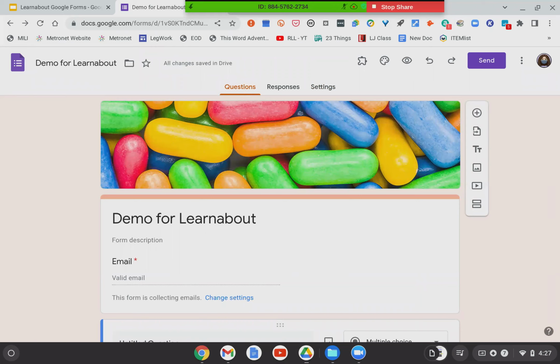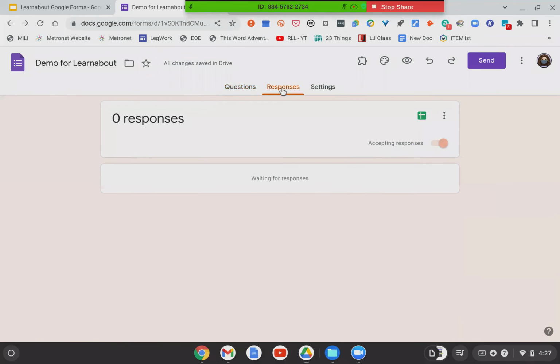The other tab on here is the responses. Obviously, we don't have any yet because I don't have my form built and I have not published it. So no one has access to this form yet. But what is in here is the accepting responses on and off tab. So after your form has been open for a certain period of time, if you don't want anyone to be able to access it further, you can shut it off. And then if somebody tries to access your form, they won't be able to.